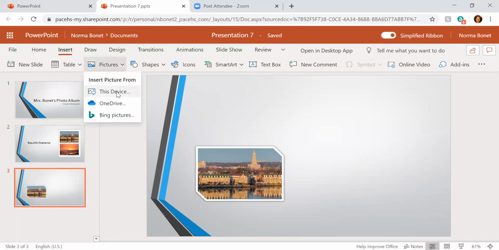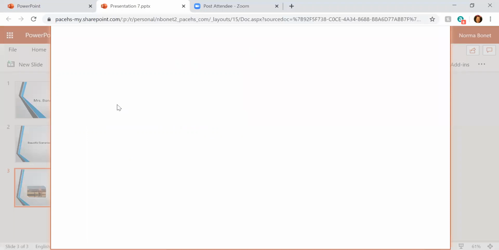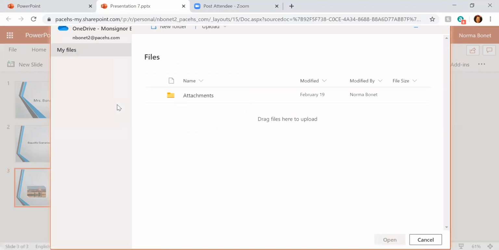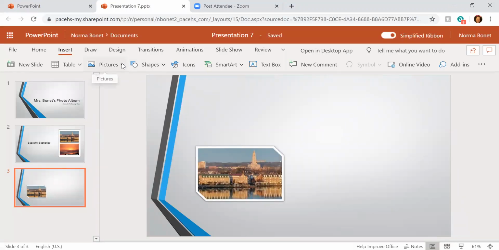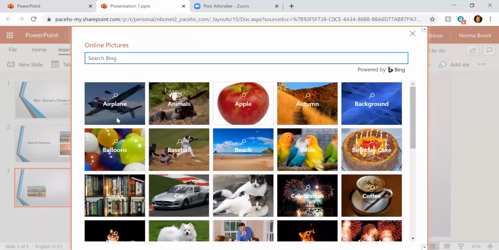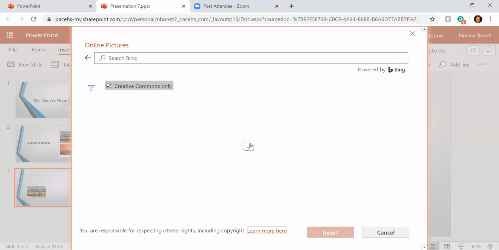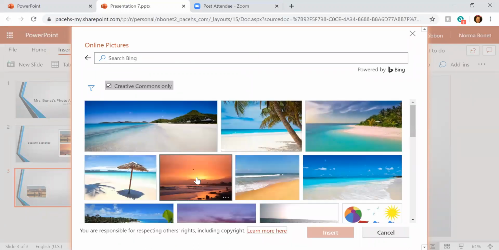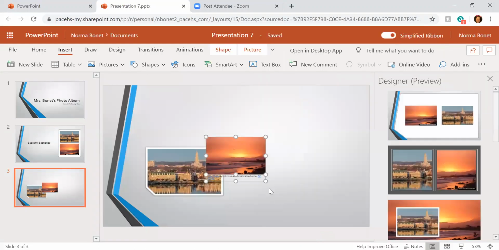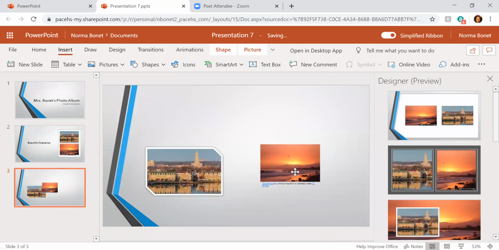insert my picture from, let me go ahead and check out the OneDrive and see if there's anything there, because it seems like this one does not have an option for the actual internet. Let me see one more time. Maybe let me try the Bing pictures. There we go. So here in this particular way that we're doing that slide, I could choose from the Bing picture. I'm going to go ahead and choose the same beach design, insert it here, and move it a little bit more over